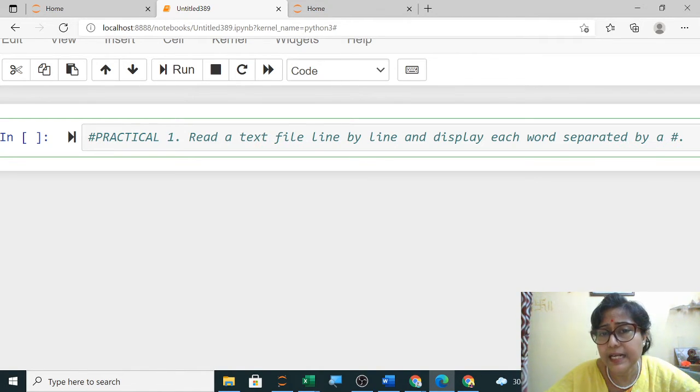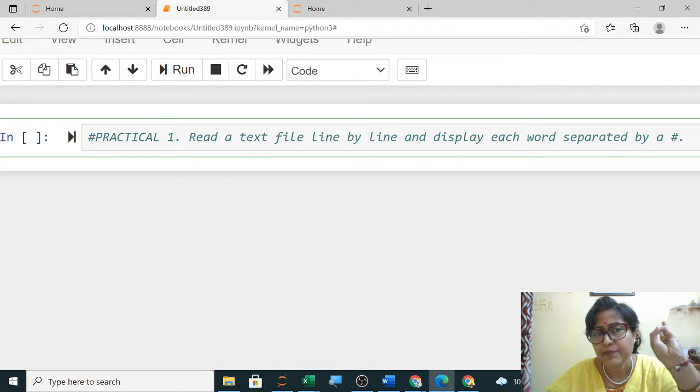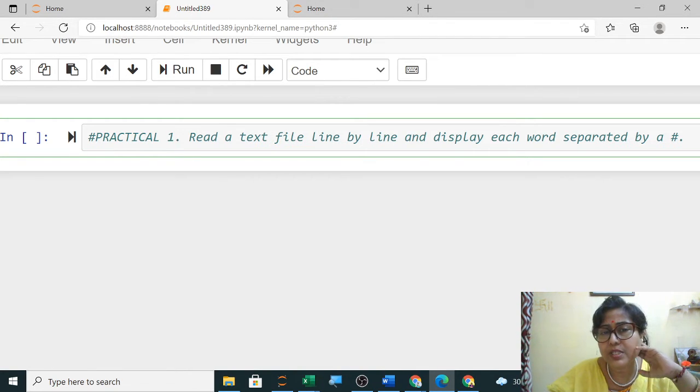So here you will use readlines. Already we have done these 3: read, readline and readlines. So here I will use readlines, or you can use readline and after doing your task read a line again in a loop. So two methods are there to do this.